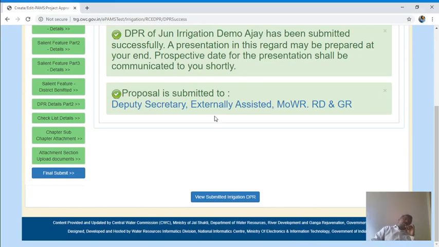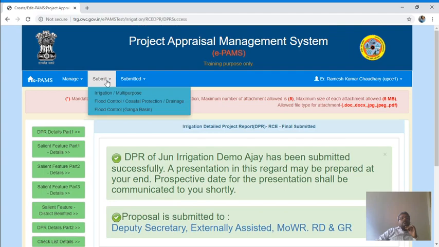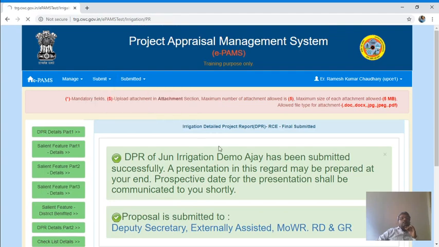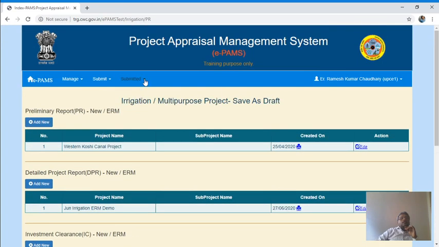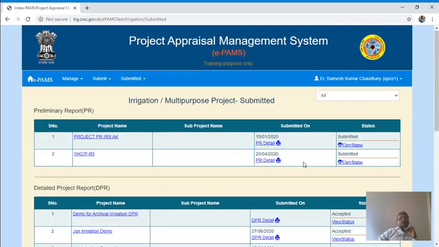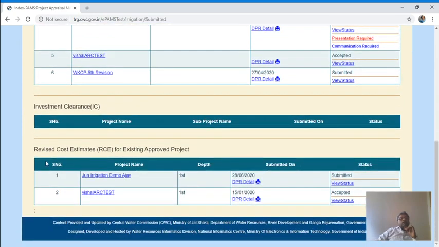Here you can see that it is submitted. Now it has gone from the submit list. This entry has been deleted from here and it has come to submitted. Here you can see in revised cost estimate, you have submitted June irrigation demo, Ajay first.